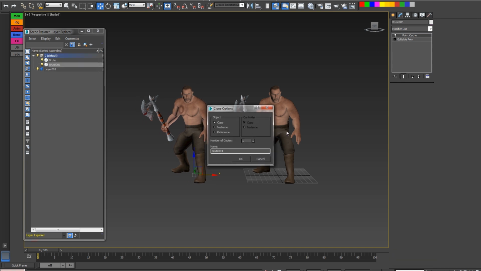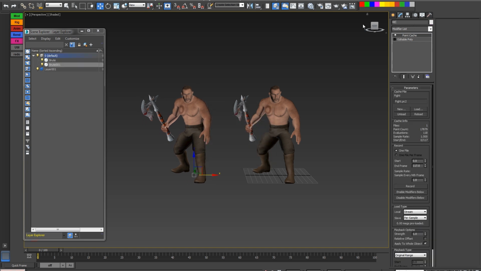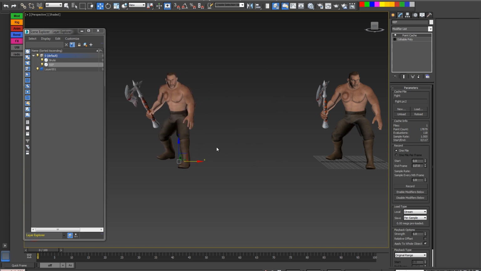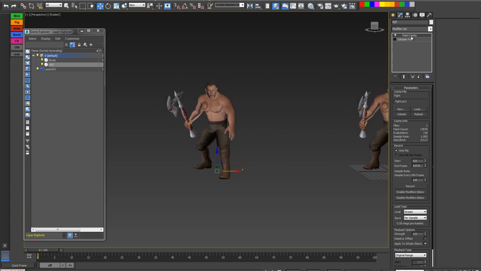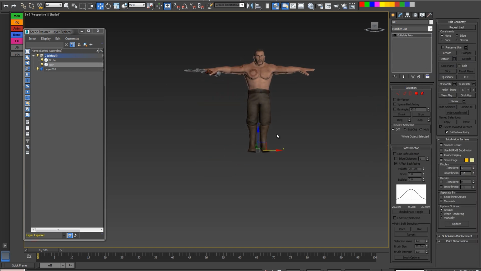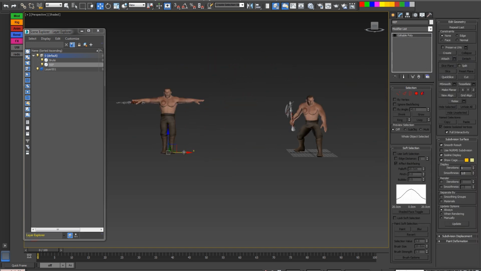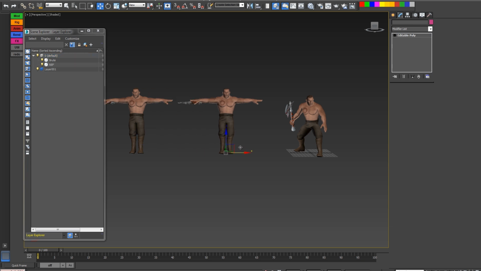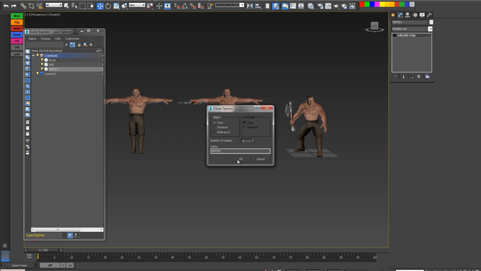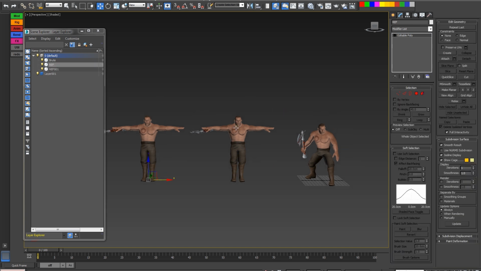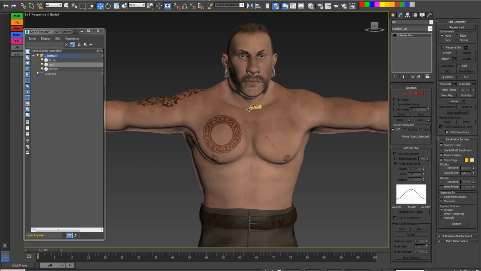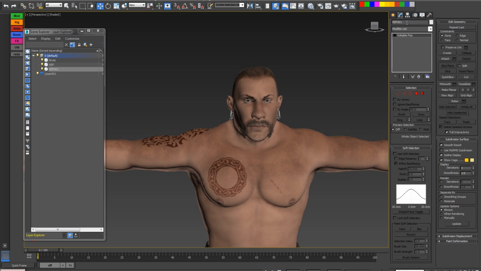I'm doing a copy of it and renaming it ref because it's going to be my reference object, and I delete the point cache modifier. So this is going to be the reference of all my morphers. I'm going to make all the morphers from this. This is going to be my first morph. I'm going to call it nose,